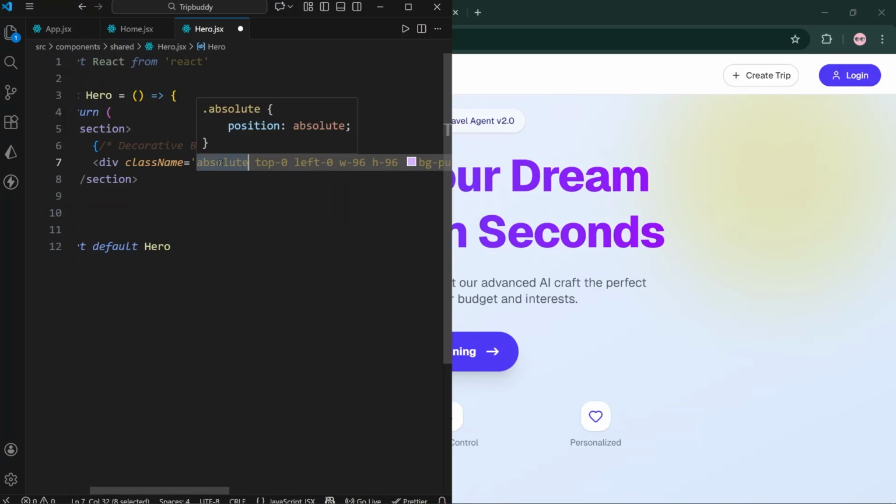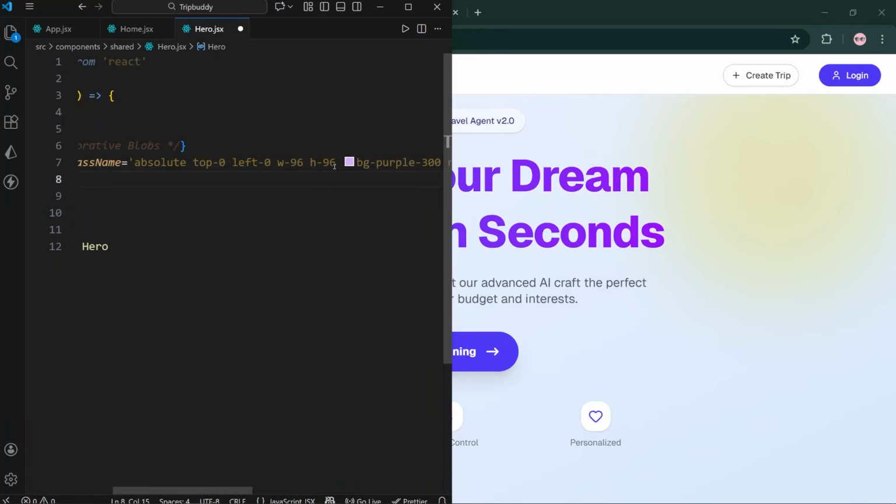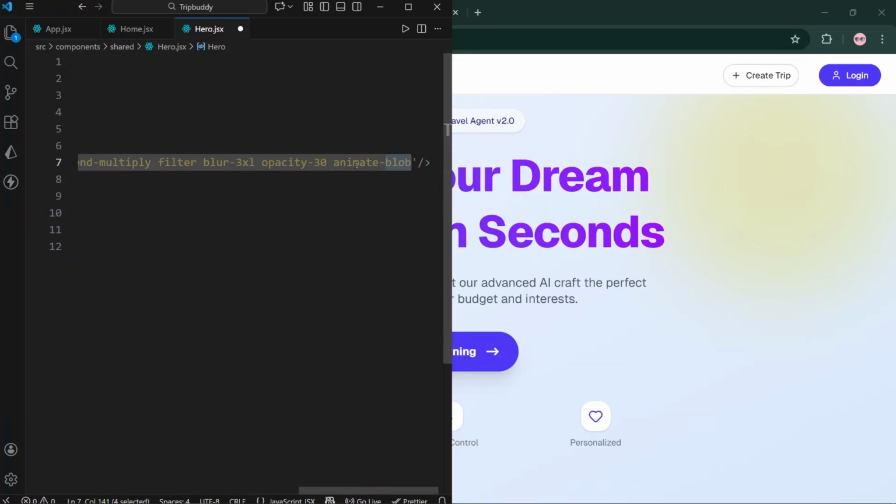If you hover on each class, it will show a pop-up and it will explain what this specific class does. Okay, so if you hover on absolute, it will show you position absolute, and from top 0 left 0, width will be 96, height will be 96, and background, rounded border radius, mix blend multiply, filter blur, opacity, animate blob. Okay,